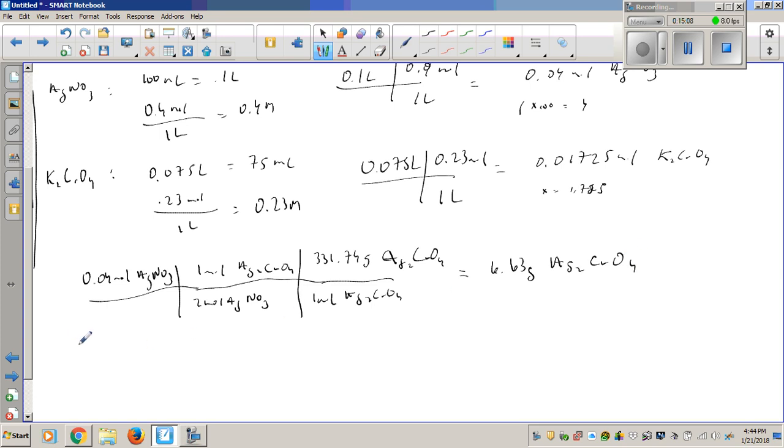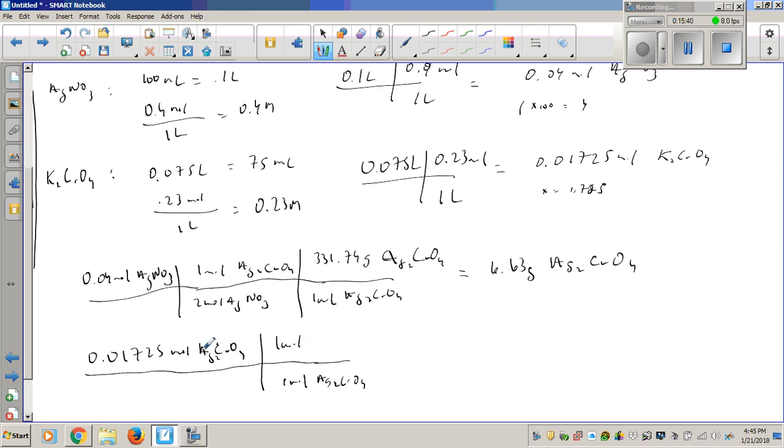And if you go the other route, we have 0.01725 moles of the Ag2CrO4. And this is a 1-to-1 ratio. And this is largely why I didn't do that other calculation, because I already knew this was the limiting reactant. So 1 mole of